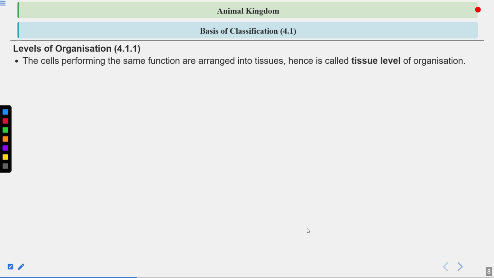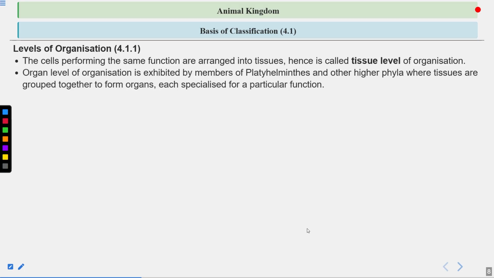Cells performing the same function are arranged into tissue, hence it is called the tissue level of organization. So in the case of coelenterates, we have the tissue level of organization. The organ level of organization is exhibited by the members of Platyhelminthes. Now the next phylum, after Ctenophora, we have the first worm-like phylum, that is flatworms, Platyhelminthes, and they have